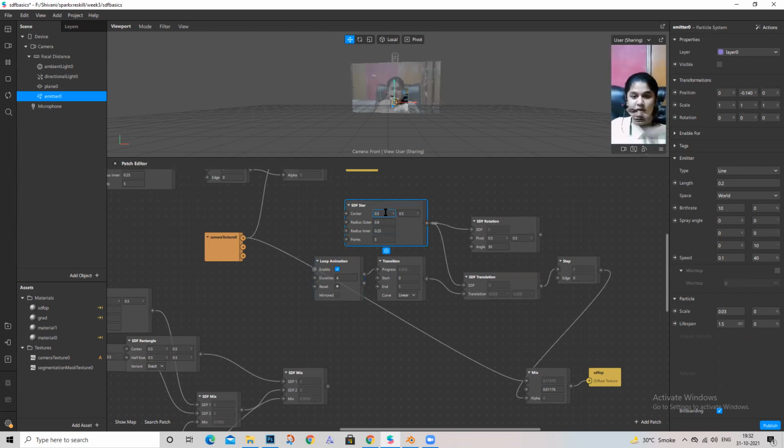Okay, I needed to increase it, now I have to change its center. If I change its center, its position will change. So maybe I have to make it 0.2 from 0.5. So I change the values, and if you can see, it came up a little. If I keep the center at 0, it comes up, you can see how the position is changing. So that is something you can control from over here, and that's what translation does. Translation changes your SDF x and y axis position. So yeah, this is one more thing.